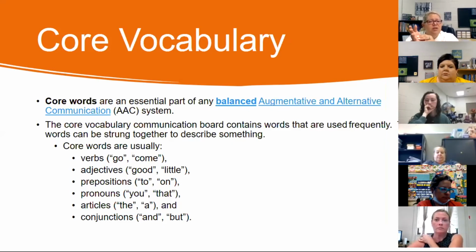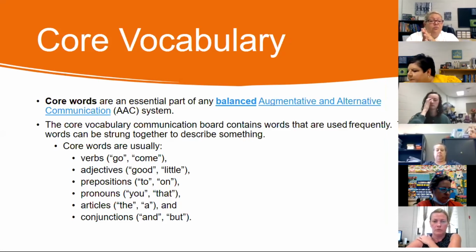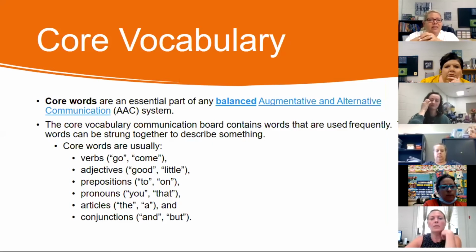But if we teach students to use those very high frequent words that we use to communicate, I still understand that a student is talking about a volcano if they use the words big red fire. So really using the core words for describing things is helpful. And those are the words that they're going to come in contact with most often. If we have a word such as volcano, unless you live around a volcano, you're probably not going to be saying that word very often.